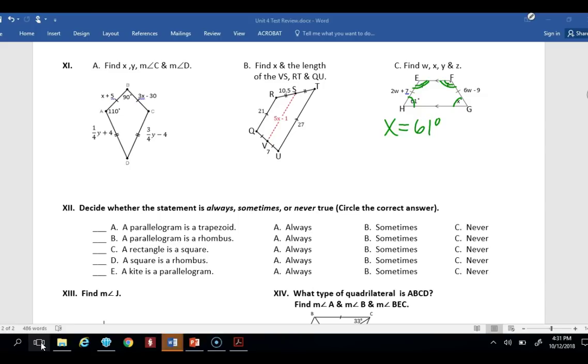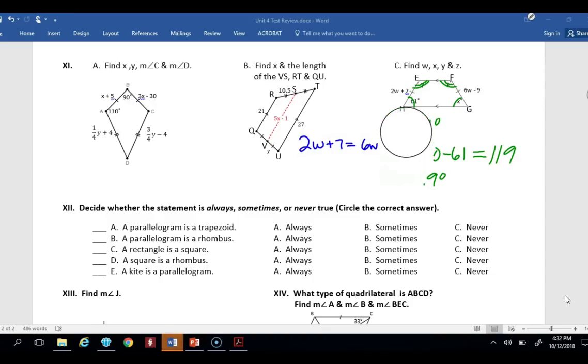We also know that E and H are supplementary. So if we were trying to find Y, we could just do 180 minus 61, let's see what that is. That equals 119. So that means if Y is 119, then Z is also 119 because those angles are congruent. Then we need to find what W is, and those 2 legs are congruent. So we're going to set those parts equal to each other. So we have 2W plus 7 equals 6W